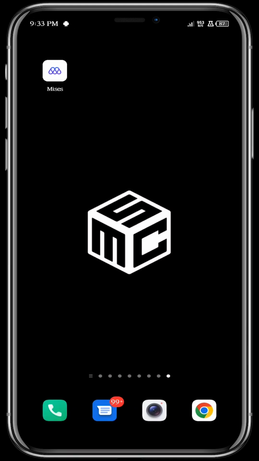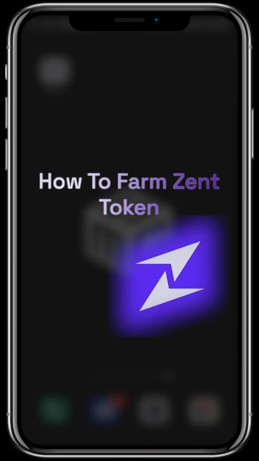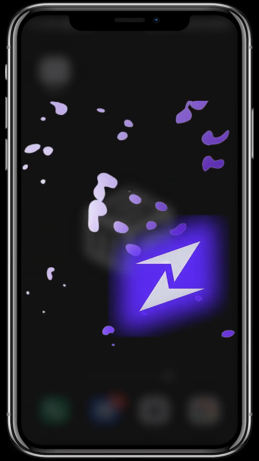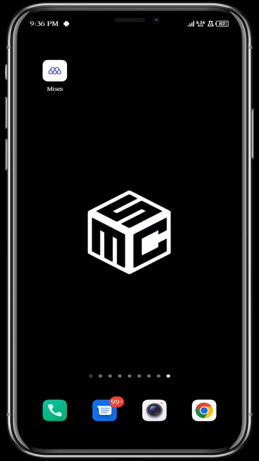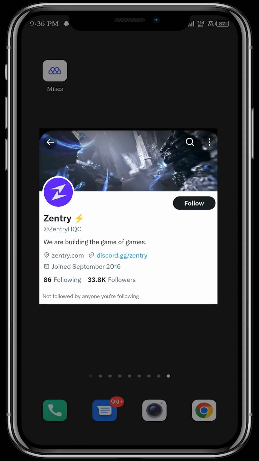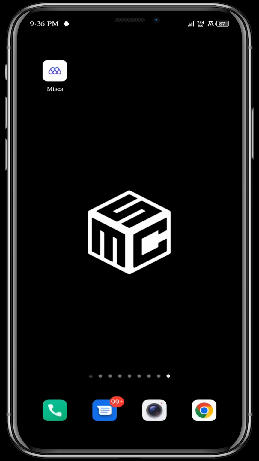In today's tutorial, I'm going to be putting you through how you can farm Zent Token. Zent Token is a native token of Zentry, right? It's a project that is still kind of like building, right? You can go over to their official X, check them out and see what they are building. You can go over to their Discord and just check them out, ask questions if you want to know more